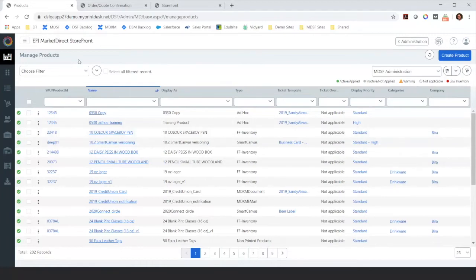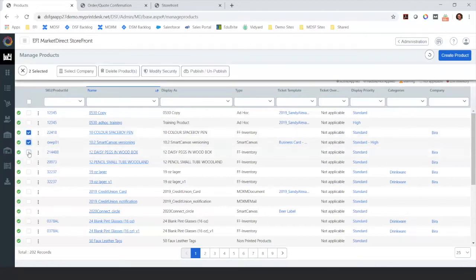The last concept I'm going to mention is the idea of bulk operations. And this is where I think administrators are going to see a lot of time savings and efficiency. So again, rather than going into each product individually and making changes, they can now select multiple products at once. And these buttons at the top here appear. And so I can select a company for all 4 of those products. I can delete all 4 of those products. I can modify the security for all 4 of those products, or I can publish or unpublish that product from